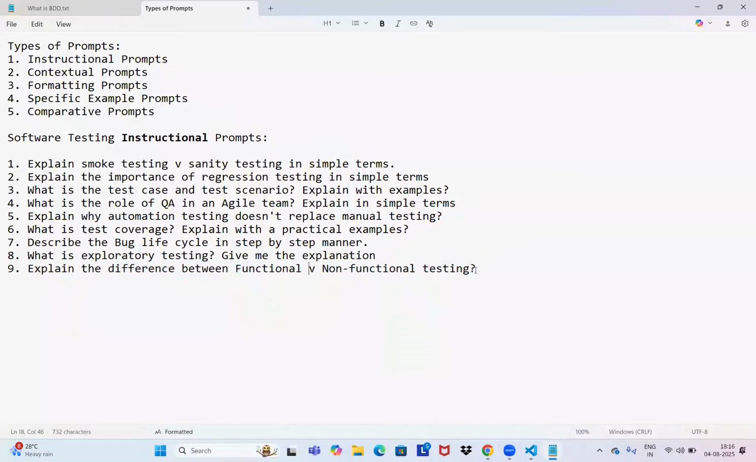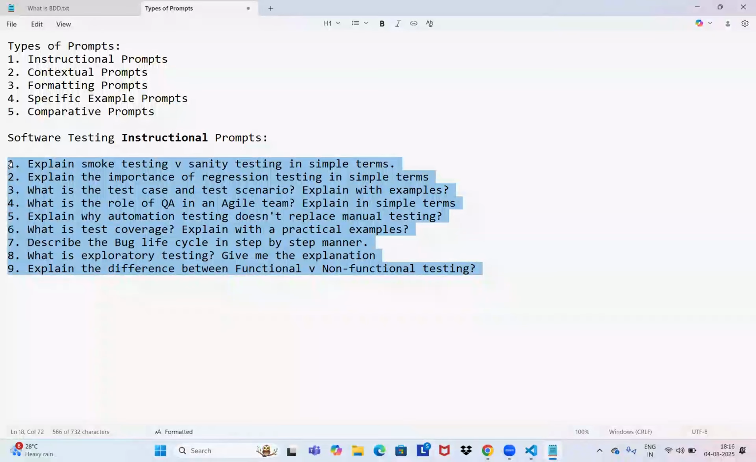You can write some more, whatever you want. You can write it, but it should be in an instructional way, like what we asked here, right? So this is how we need to